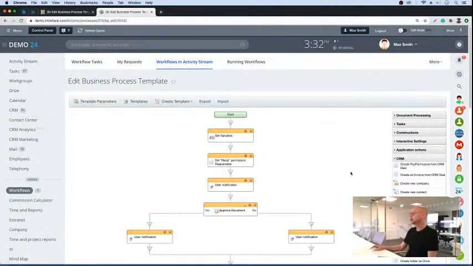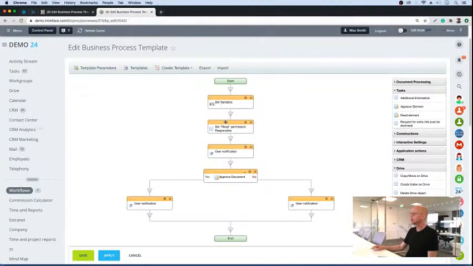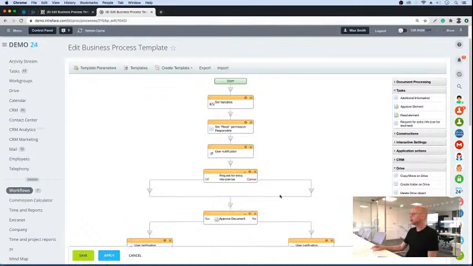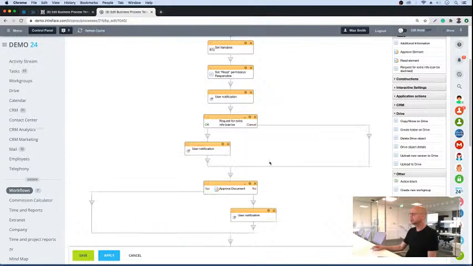So you would use the same action block that we looked at here, request extra information. I don't know where you want to drop it in, set permissions, so use notification, approval document. So you'd probably, like we did before, instead of having this loop, you bring these up, these up into